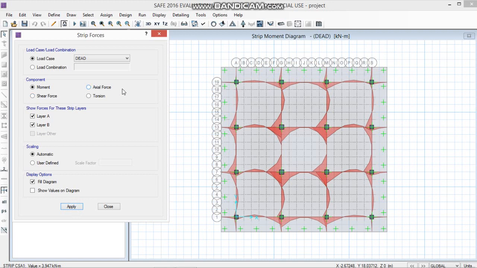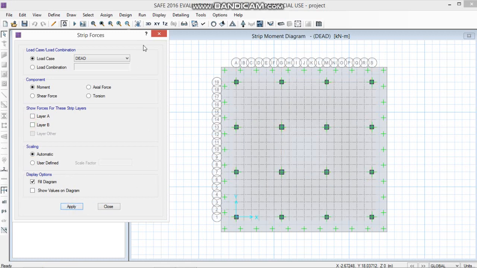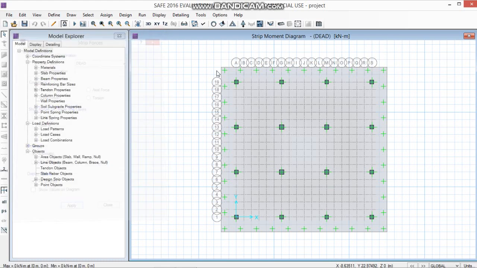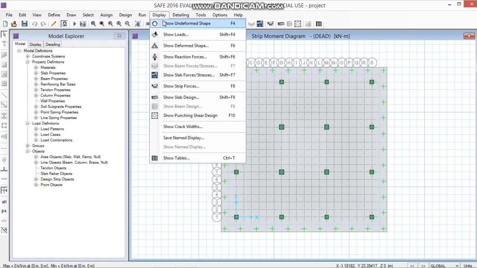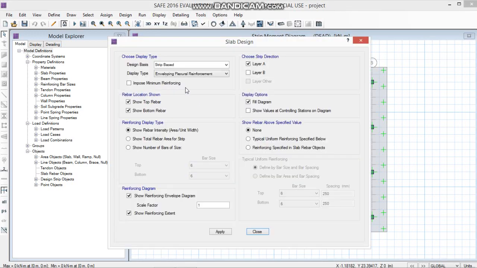So in this case you can see all the moment values in layer A. You can move your cursor to see the different values at different sections. Likewise you can go for layer B also. Click on apply. Here you can see, and also you can see the axial force, shear force and torsion values. So remove this.